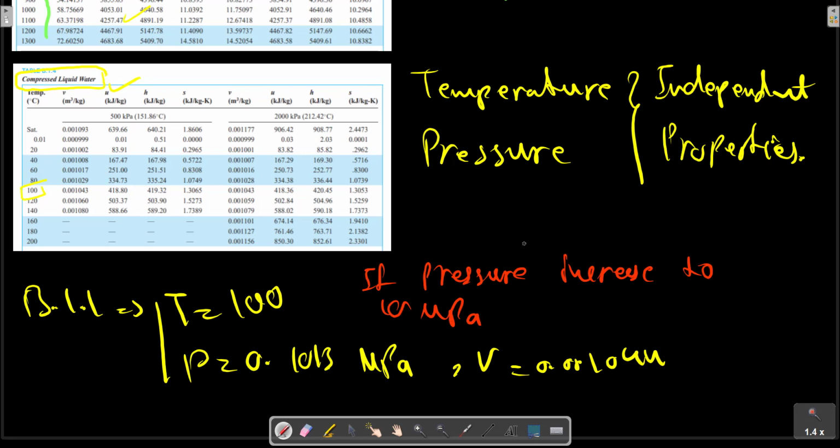Table B14 here gives a specific volume for the 10 megapascal